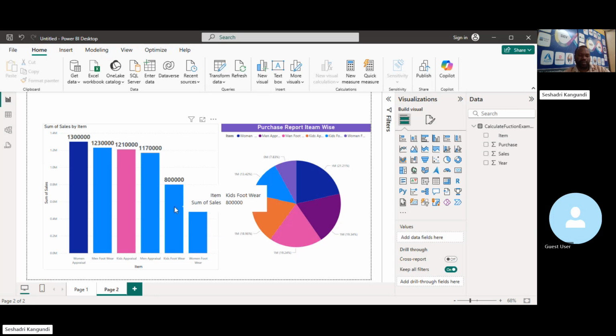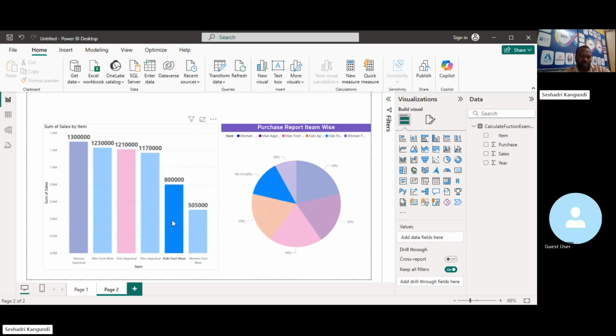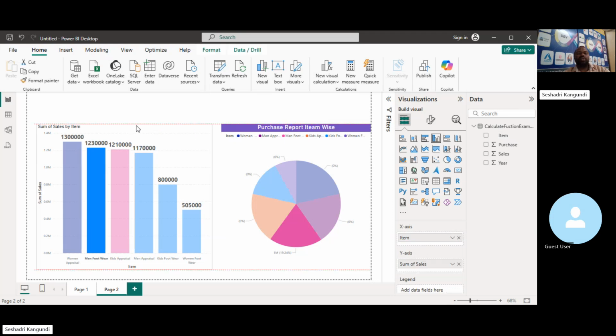See, if I click any particular appraisal, here we go. See, both are interacting, right? If I go with the kid appraisal, now see, the kid appraisal is interacting with the purchase report. If I go to the men footprint, now see, this is how. And simultaneously,